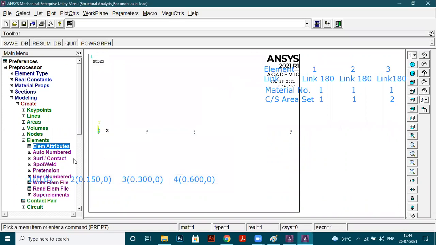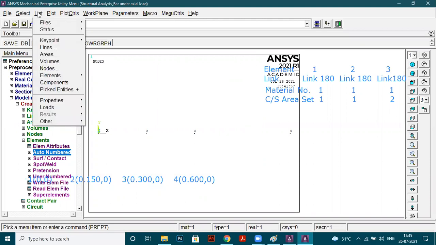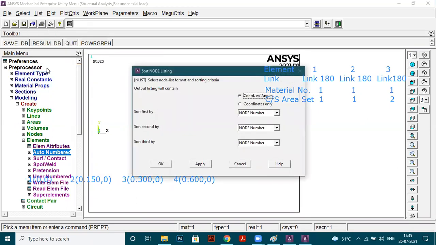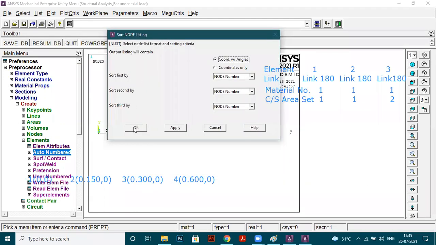Now I will go to auto number. But before connecting the elements, if you want to see whether you formed the nodes correctly, go to the list option, then go to nodes and say okay.